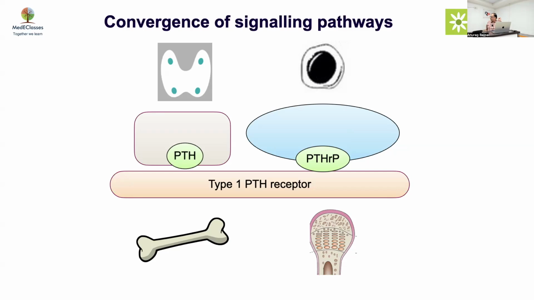But if the PTH receptor is gone, then the chances of skeletal growth are lost, and there will be no bone growth. This is known as Blomstrand chondrodysplasia. Very important to remember is that PTH, GH, LH, a lot of these things have no role